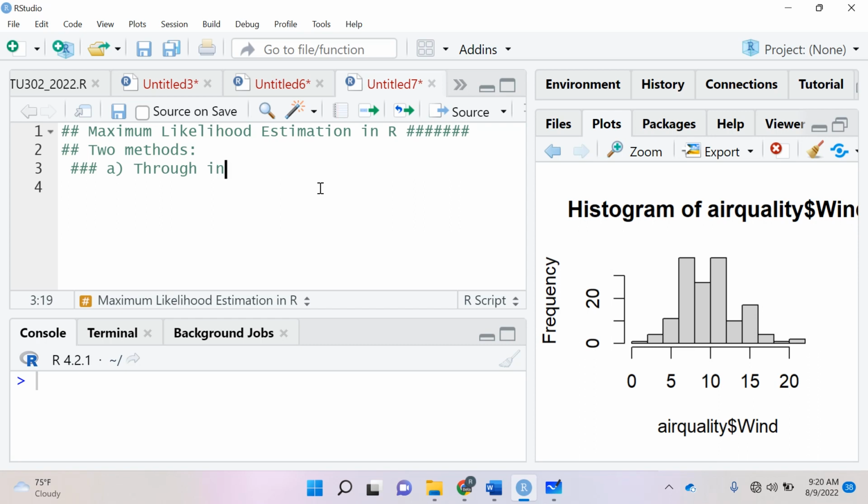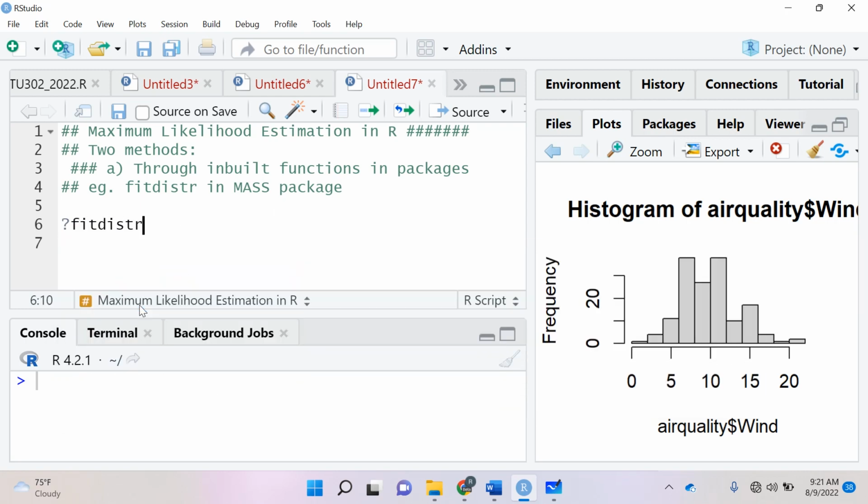inbuilt functions in packages. Okay, now how do you do so? Well, an example could be the fitdistr function in the MASS package. Okay, so for example, you go there, you do fit